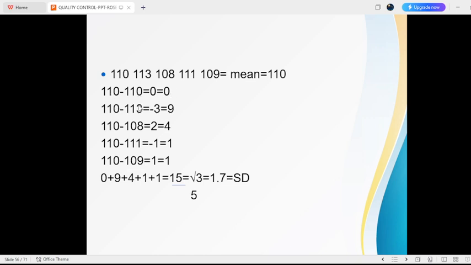Then 110 minus 113 gives minus 3. Similarly, 110 minus 108 is 2, 110 minus 111 is minus 1, and 110 minus 109 is 1. And the next step is we have to